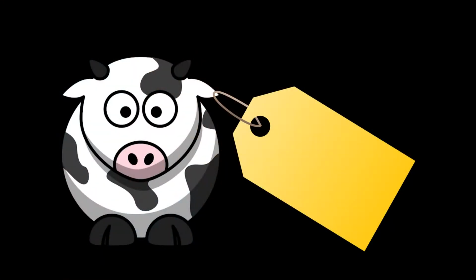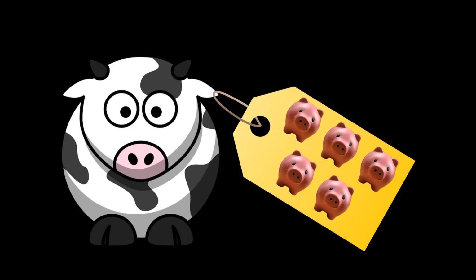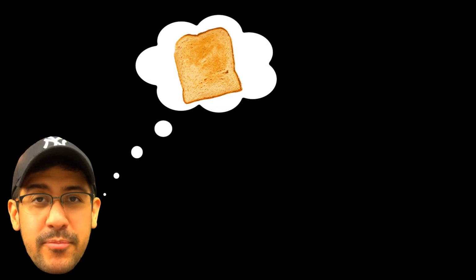So here's the thing. Before there was money, people had to barter to get what they wanted. So if I wanted someone's cow, I would have to trade a few of my pigs for it. Or if I wanted bread, I would have to create or offer something and negotiate a trade with a baker. While this may have worked in small communities back in the day, it's easy to see the flaws in this system. What if I don't have something that you want in return? Also, I don't even like negotiating, so if you wouldn't accept my pig in exchange for bread, I'd probably never